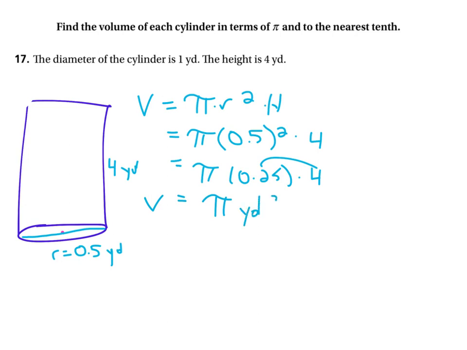And what are they? They are yards cubed. And that's not exact, that's in terms of pi. If you want it approximate, and I'll do this one because I can do this one in my head, the volume is then approximately equal to, and what is pi as a value? It is 3.14. And of course, we're rounding to the nearest tenth, so we look here, is that 5 or higher? No, it's not. So this drops off without raising the 1 up any. And then you get the volume is